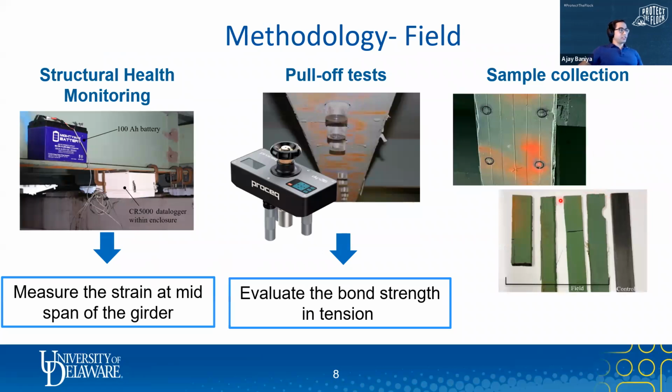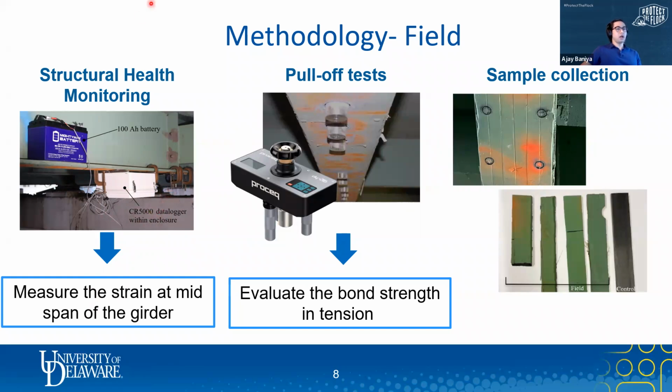Now let's go through the various tests we conducted. We did some field tests and some laboratory tests. The first field test was structural health monitoring, conducted before any testing or sample collection. 3 transducers were installed at the midspan of the girder for 14 days to monitor the peak strain events due to truck events at a sampling rate of 100 hertz. 100 hertz was just enough to record 25 data points per crossing of a truck at a speed of